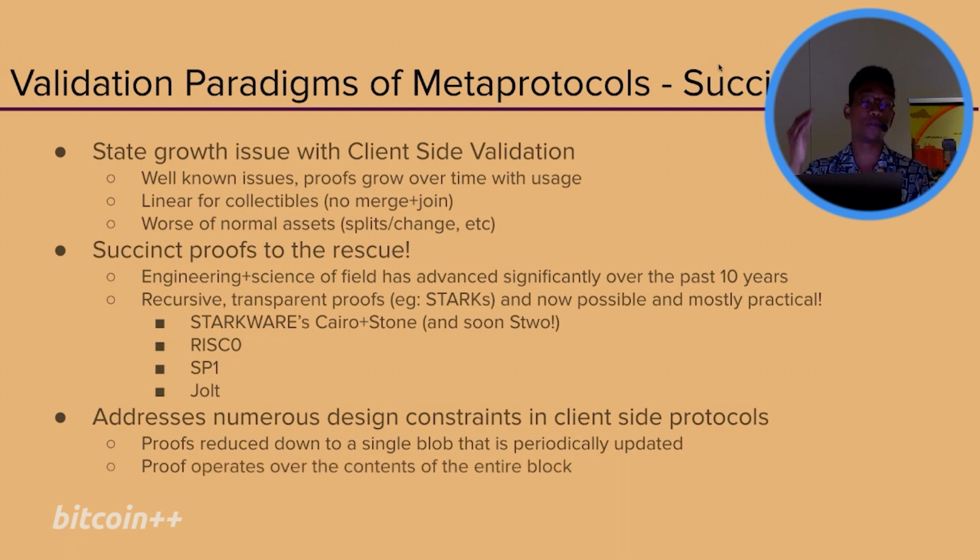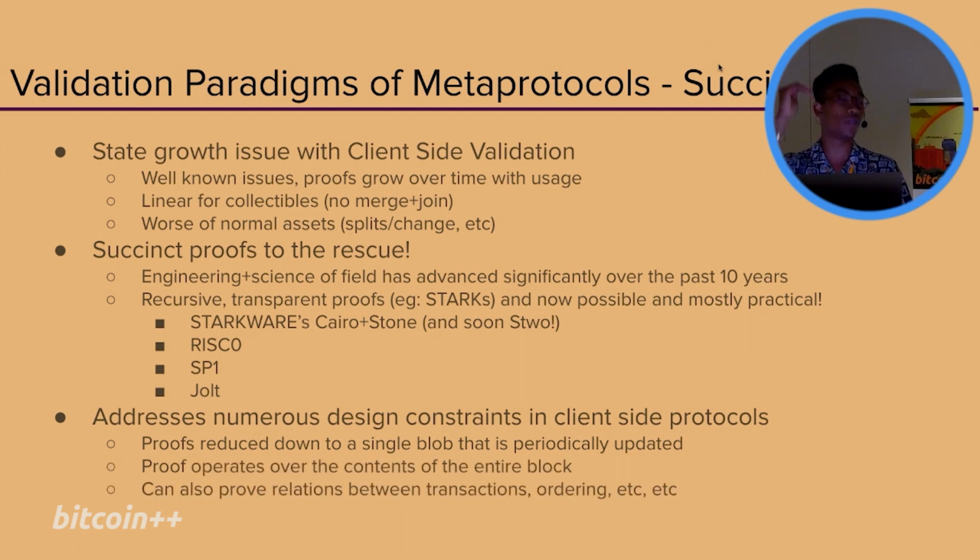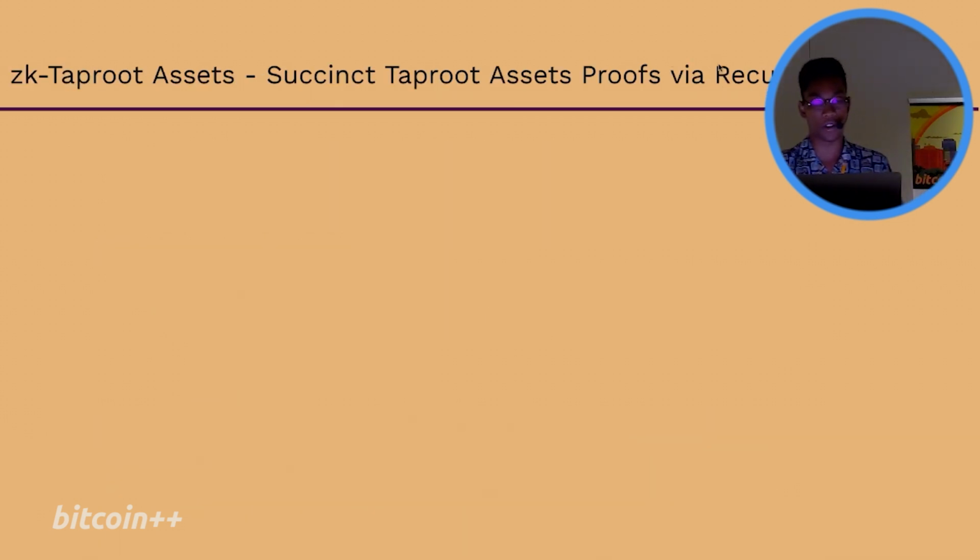This is also cool because now a proof can actually operate over the entire contents of a block, meaning that you can do things like prove the ordering within transactions. You can prove the output value. You can prove that something else was in that block itself. And the cool thing is that, assuming you yourself have the block headers, the proof would also be doing things like proving PoW, proving header correctness, proving the validity of the block headers as well. And you have that one proof. Maybe it's going to be like 100 to 200 kilobytes or so, but it's still better than it being bytes or gigabytes, which is very, very cool.